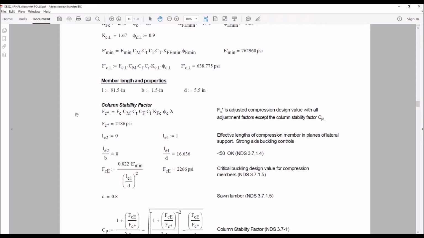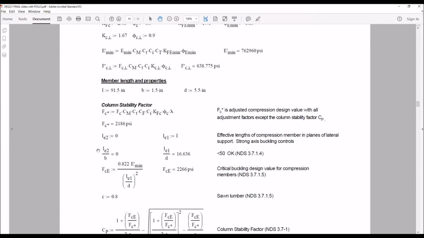It's the adjusted compression design value with all the adjustment factors except the column stability factor, the C sub P. So we use the value from the NDS supplement, the F sub C, and then our adjustment factors as we've defined earlier. And then we need to determine the L sub E, the effective lengths